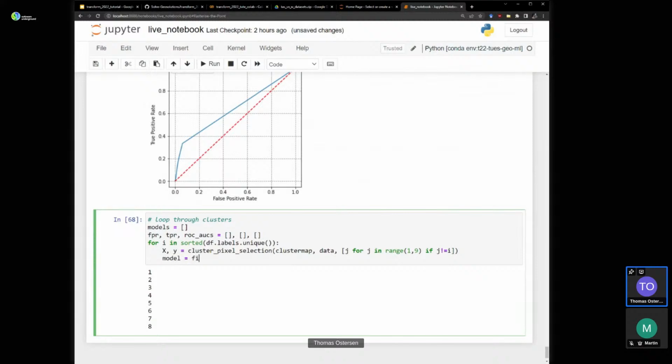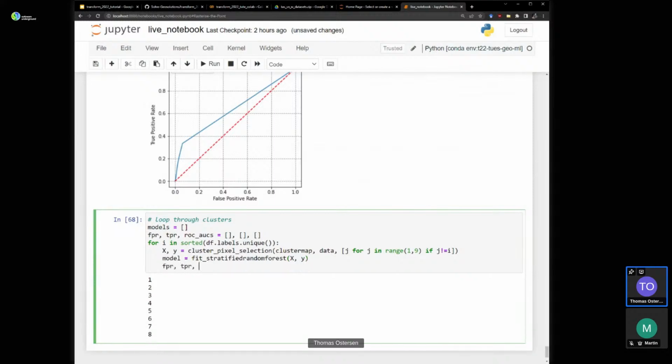Model equals fit stratified random forest X, Y. FPR, TPR, AUC equals holdout ROC AUC, cluster map data, i, which is the validation cluster we're using, and then this is the cluster we're using to fit the model to, and then I believe that takes a model.